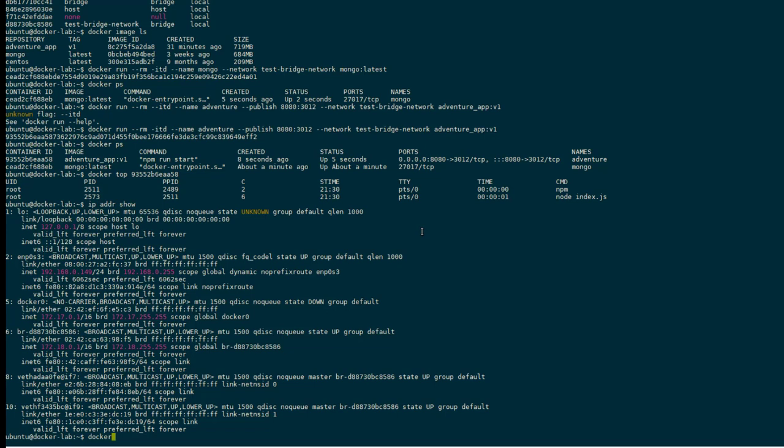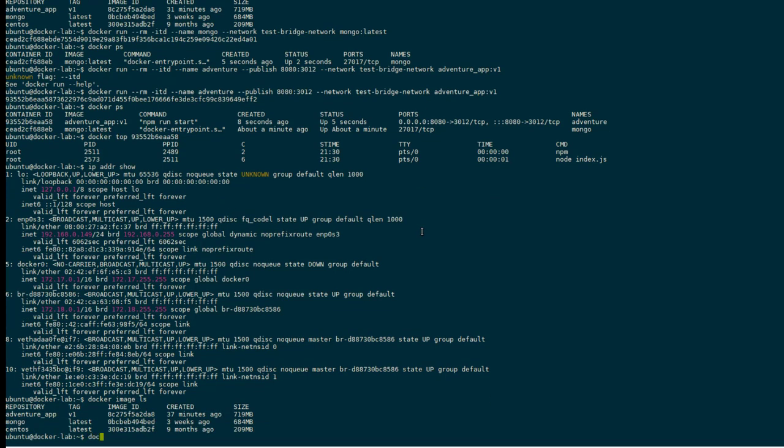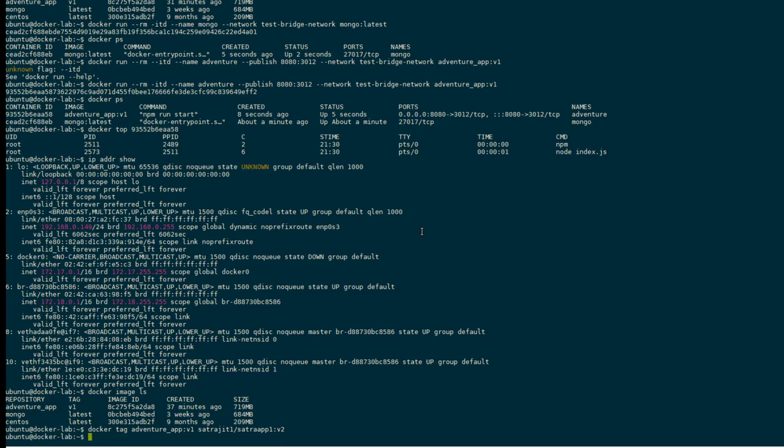For that, we first need to know the image name and then use docker tag. Now our tag is created.